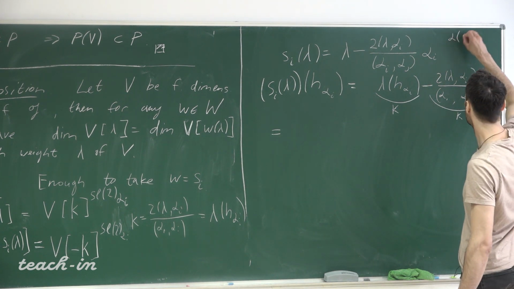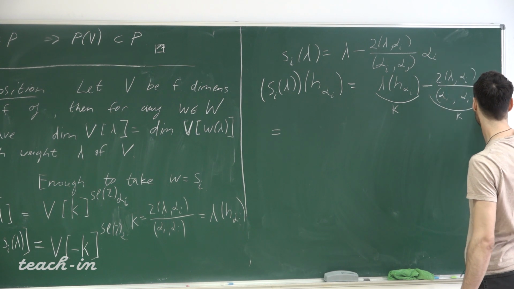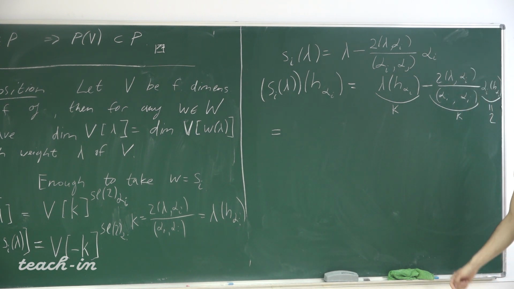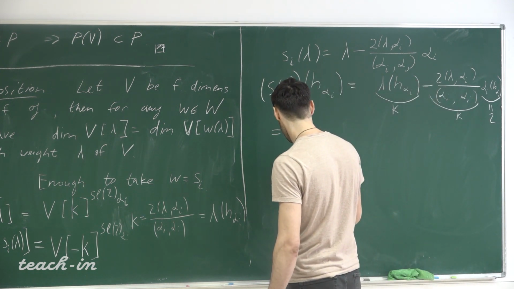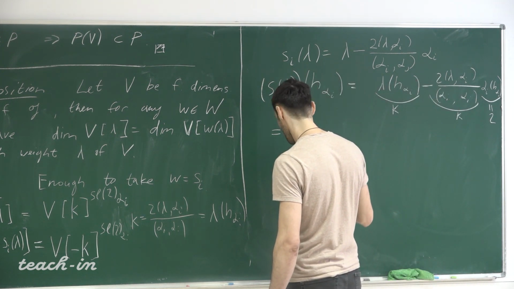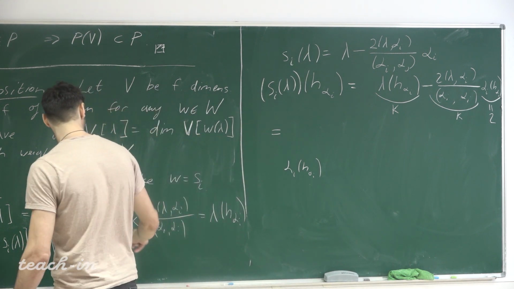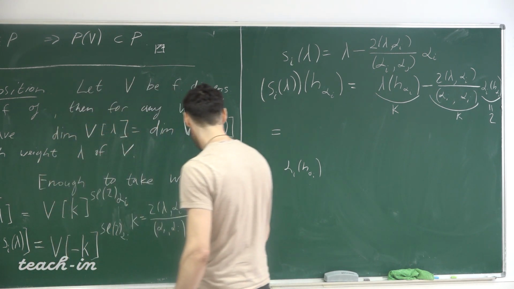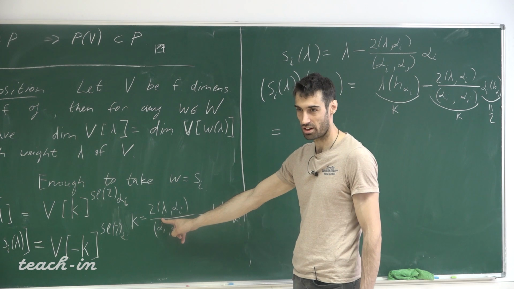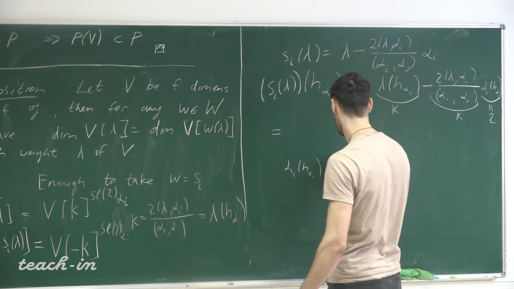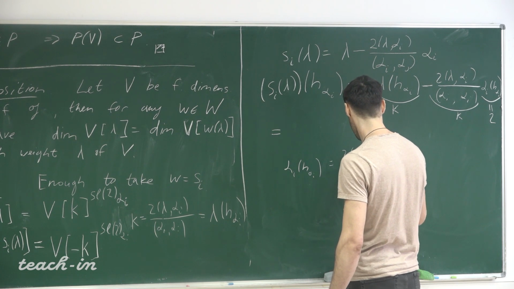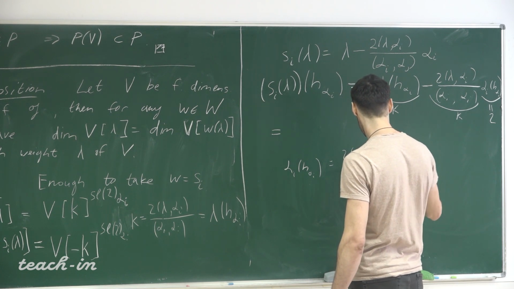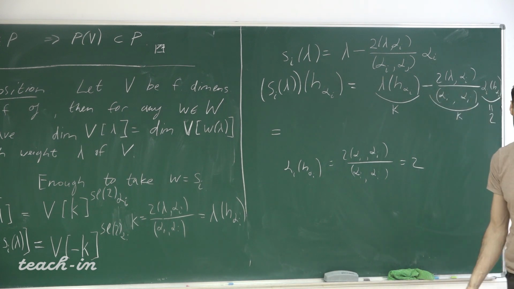What is alpha of H alpha I? It is 2. Yes, this is 2. Because, again, alpha I of H alpha I: let us use the same formula as here. Instead of lambda, you should take alpha I. So it will be 2 alpha I over alpha I. So this is 2. Again, this is a computation that we did a couple of times.